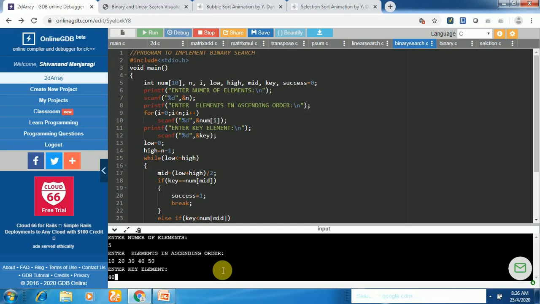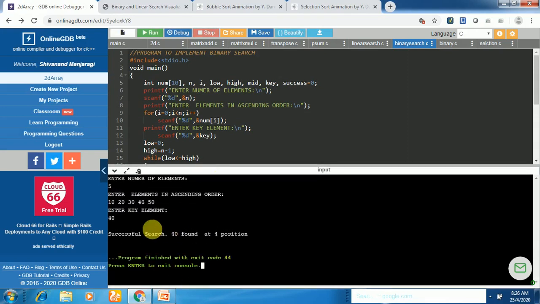So the element 40 is present here. Let us see what output we get here. We got the successful search, and element 40 is found at position 4. The position for this element 40 is 4. Index is 3, but position is 1, 2, 3, 4. So we got it as 4.